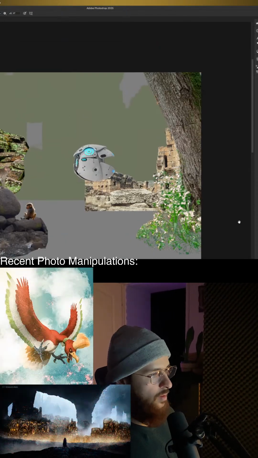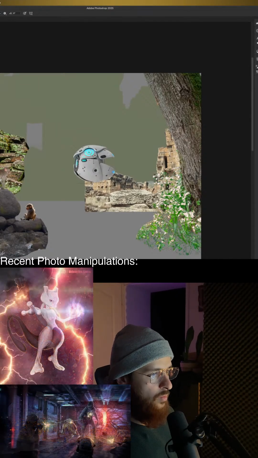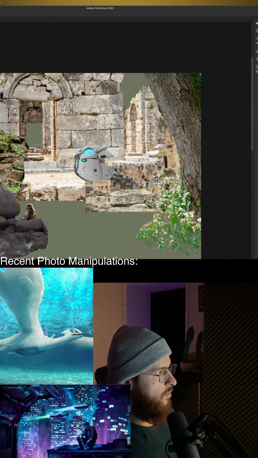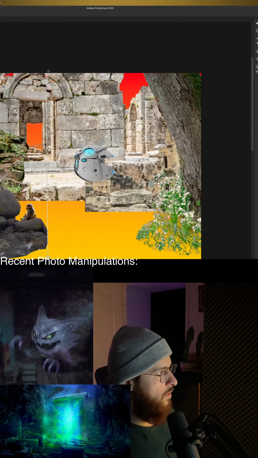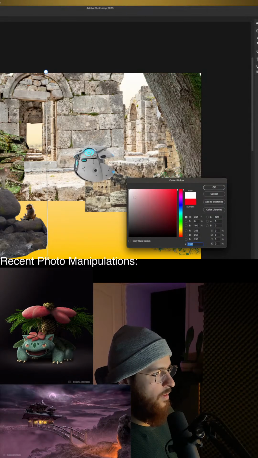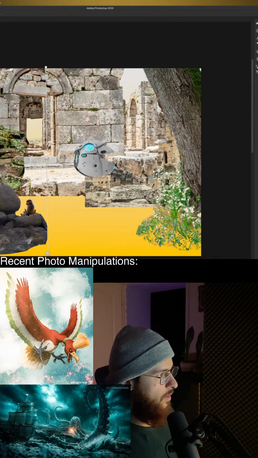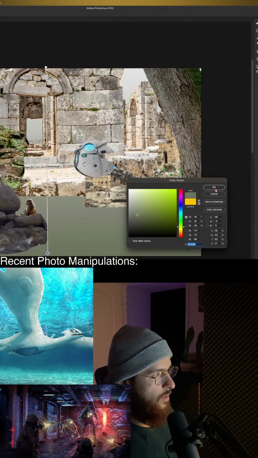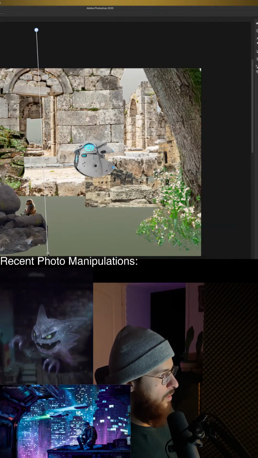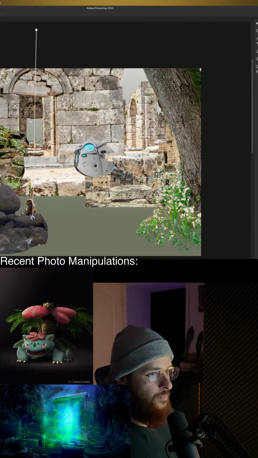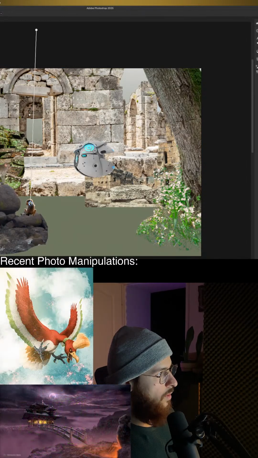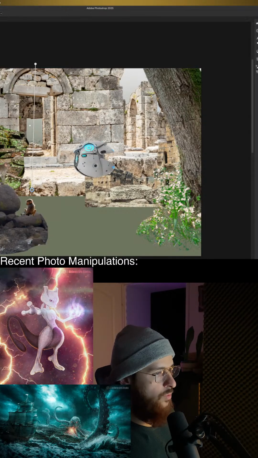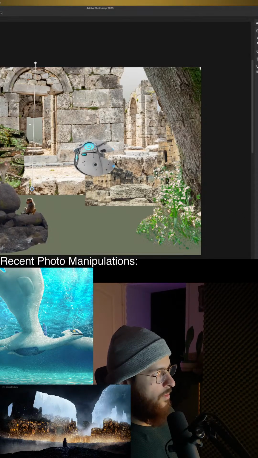And then we will use a gradient actually for this and make this kind of white here, and then here let's use this color, and then we can do something like that, and then we will only use this behind everything. All right, then